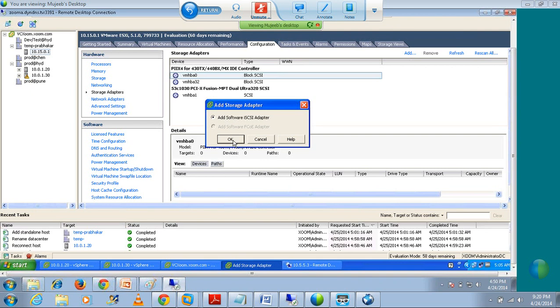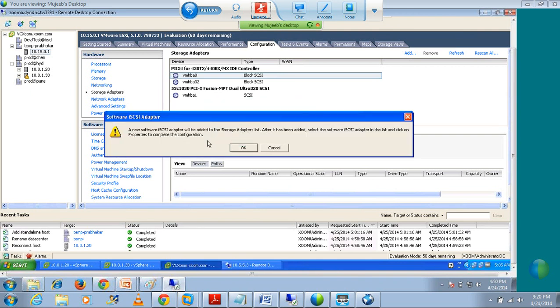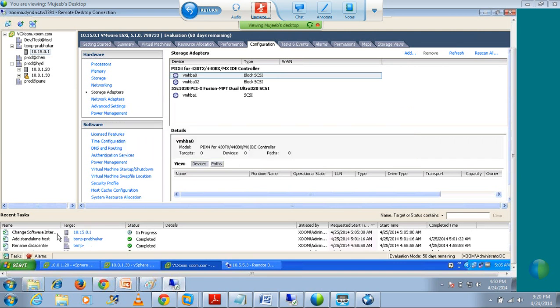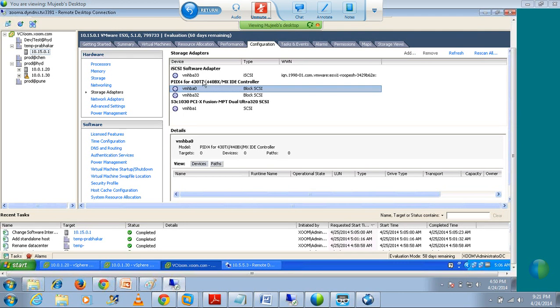So let us click on OK to add software iSCSI adapter. So a new software adapter would be added to the storage adapters list. Okay. So if you can see in the recent task right now, that adapter would get added and it appears in the storage adapters list. Okay, you find this iSCSI software adapter. If you see this, it has an IQN. You see this IQN? So this is the IQN of your